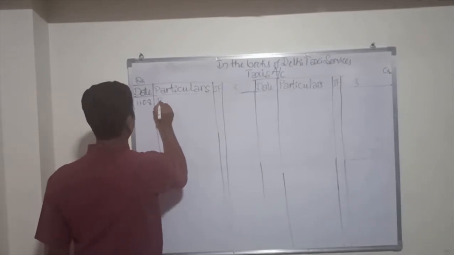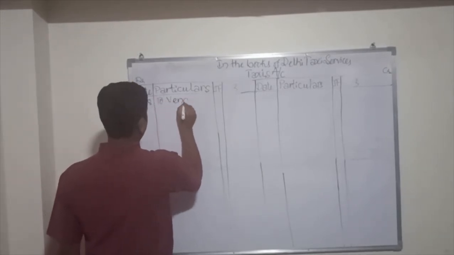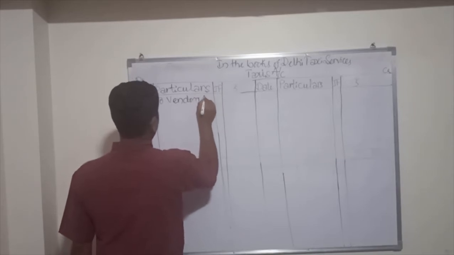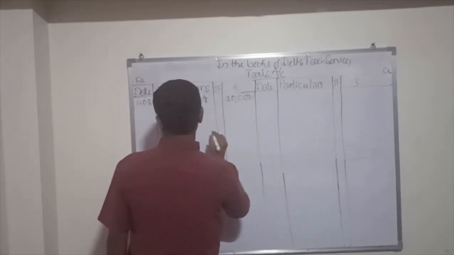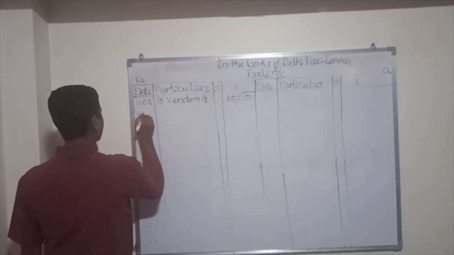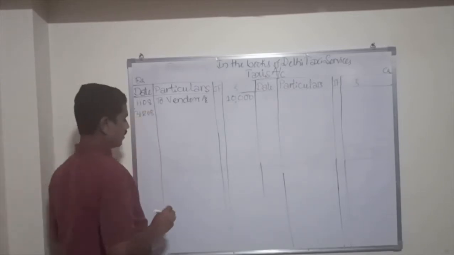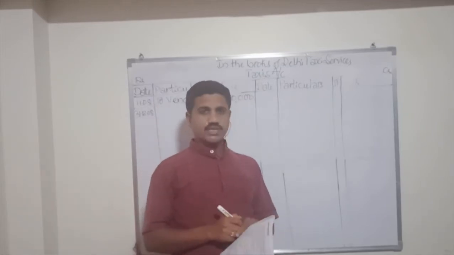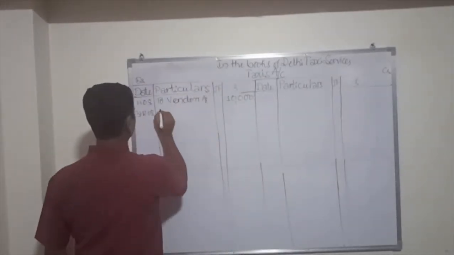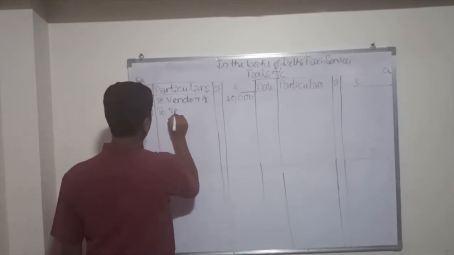So on 1/1/2008, when the down payment is due for payment here, the entry will be taxis account debit to vendors account, 10,000. So the first installment is due on 31/12/2008. Then the journal entry will be taxis account debit, interest account debit, to vendors account. So to vendors, we should take only the principal part here.